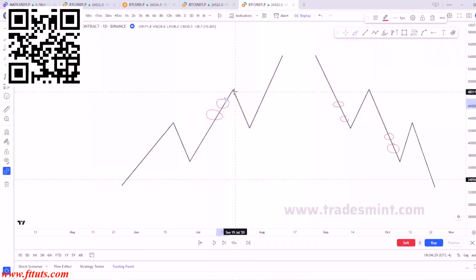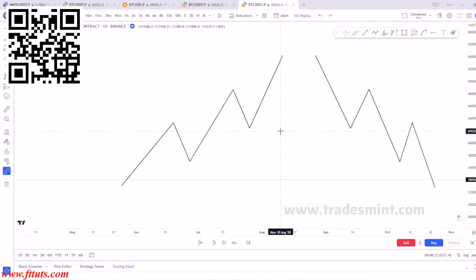In this example, they would have been taken out right here. So price needs to come back for their stop losses and/or liquidations in order to continue a healthy trend, which is why it's not so efficient for price to aggressively push to one side for an extended period of time, because ultimately it's not sustainable,